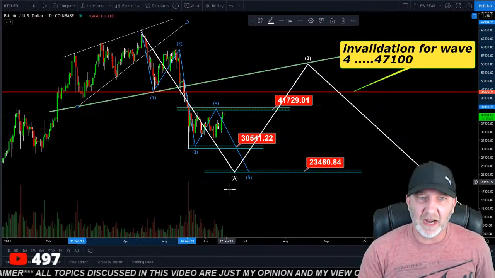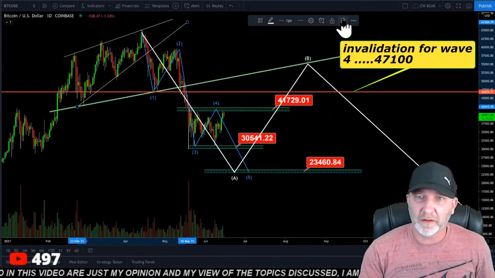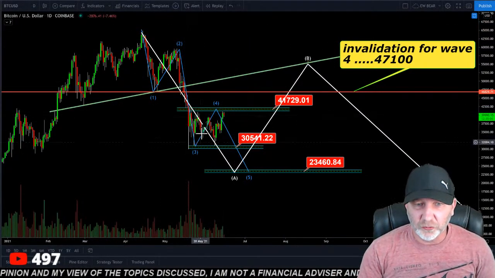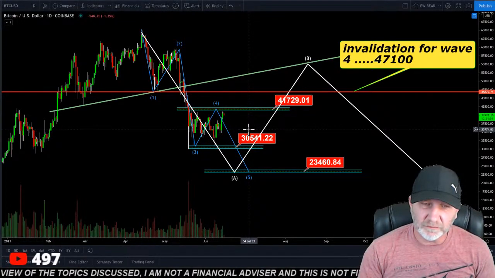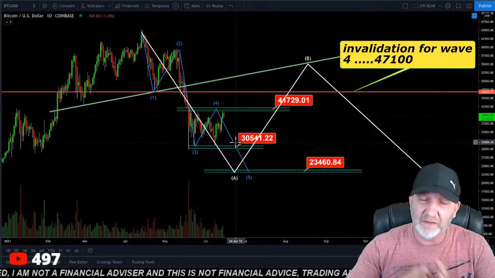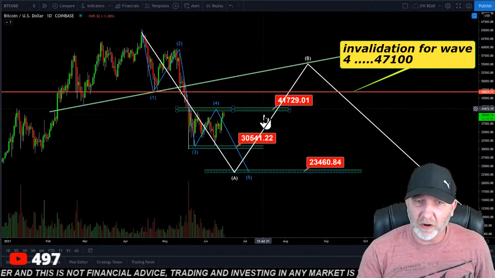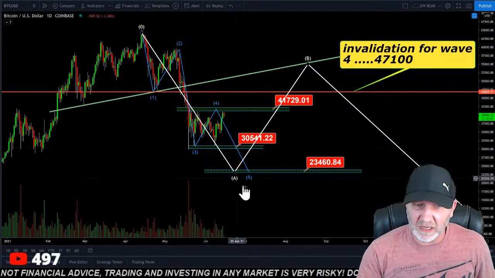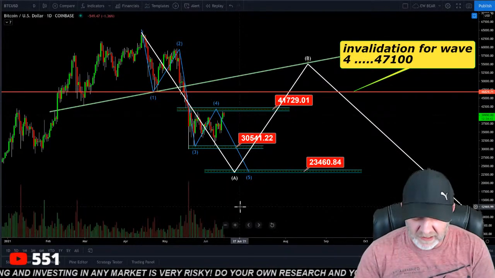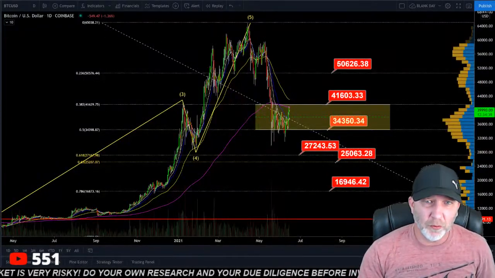And then we have our A down. Let me get those back off of there. So this makes sense to me, because this would be redistribution, and that lines up with wave 4. So Elliott wave and Wyckoff are matching up here. Now I know a lot of people are calling this accumulation. That would invalidate the Elliott wave count. So I'm leaning more towards this because they both match up. Anyways, I wanted to point that out for you guys.